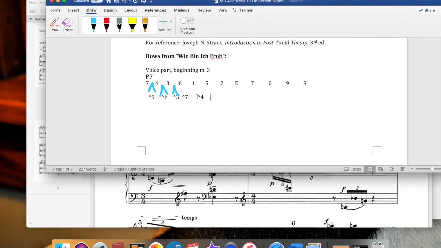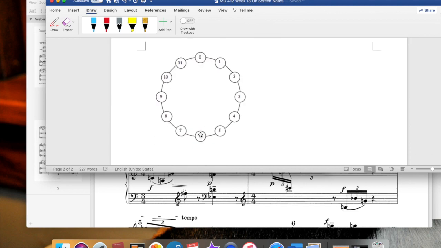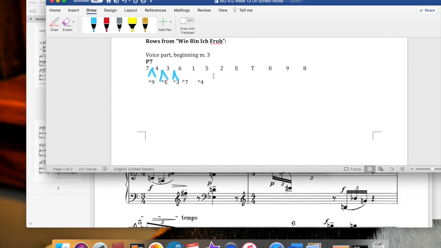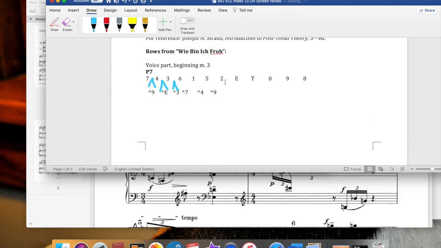From 5 up to 2, again, here's 5. 1, 2, 3, 4, 5, 6, 7, 8, 9. So there's another space where that's true. From 2 up to 11, that one is already in chronological order again.